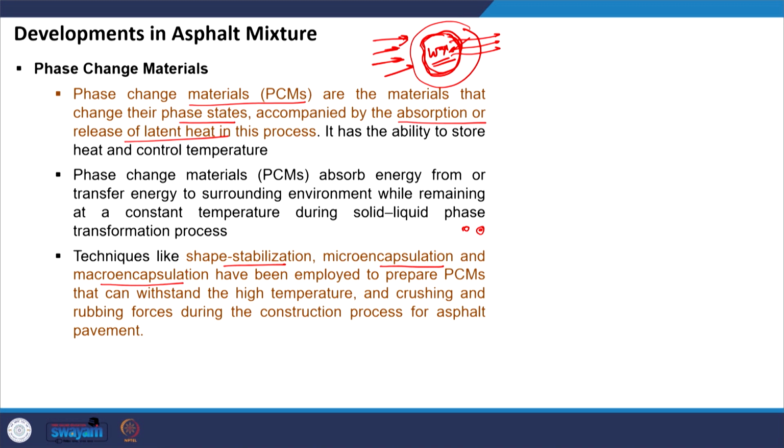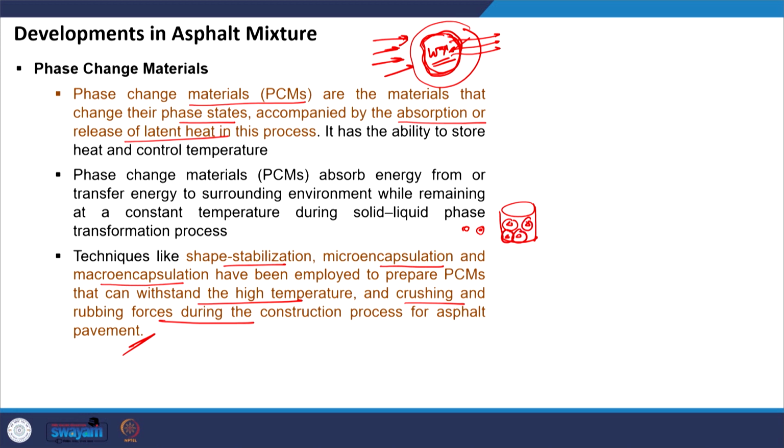The only issue in the manufacturing process, where attention should be paid, is that we have to develop a material that can withstand high temperature and the crushing and rubbing forces during the construction process of the asphalt pavement. If it is stable enough during construction, try to imagine that you will have an asphalt mix where you will have this encapsulated